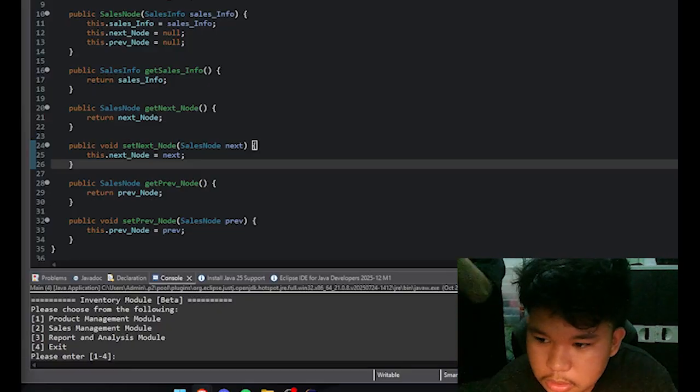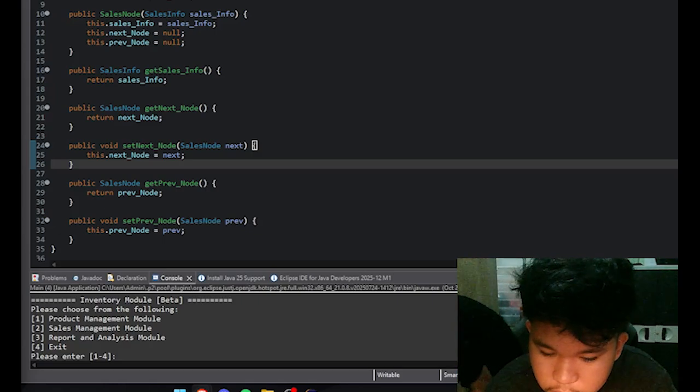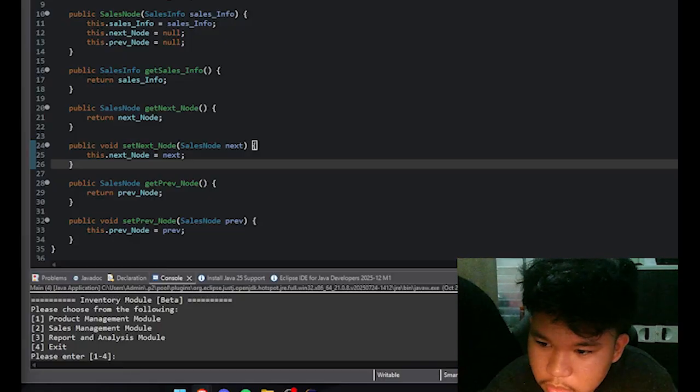So once the product has a sale, this is the one that updates the inventory to reduce the product's quantity.